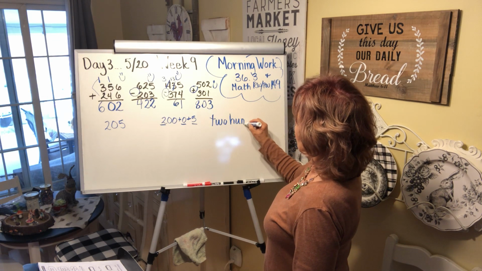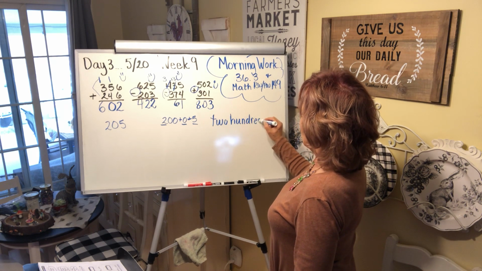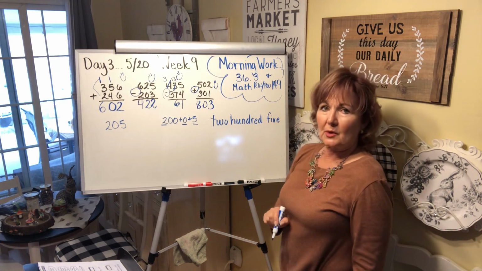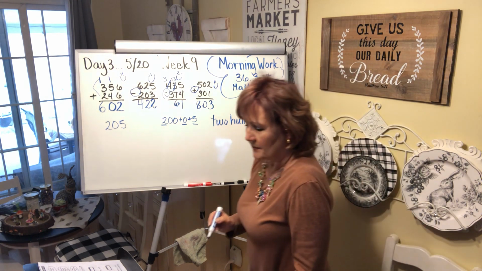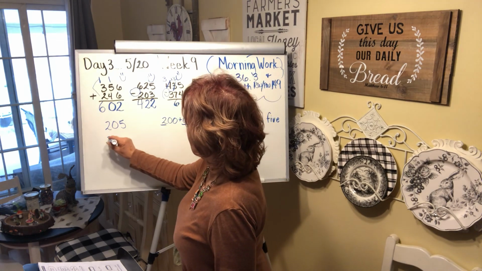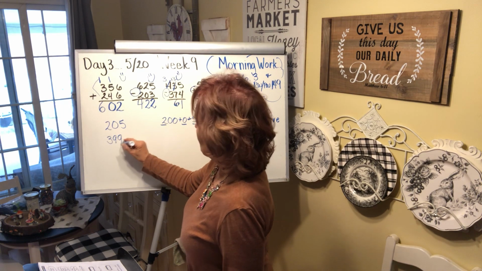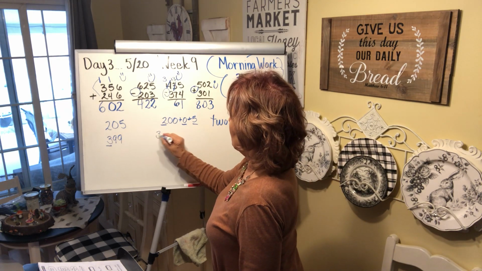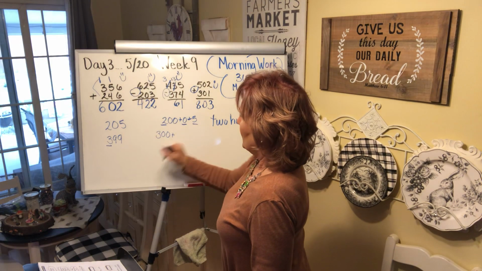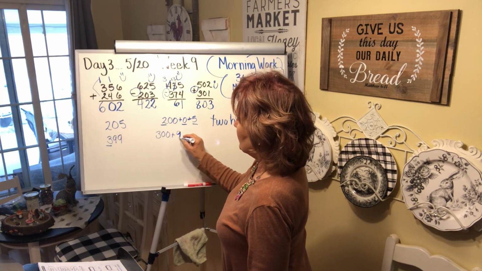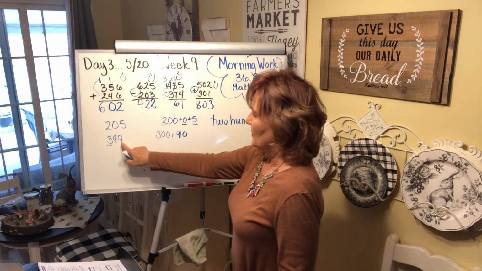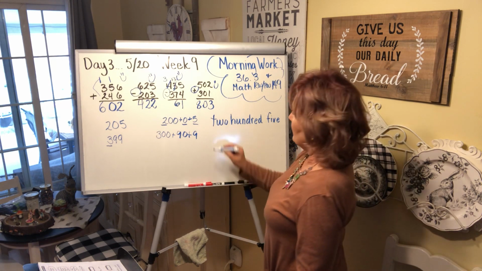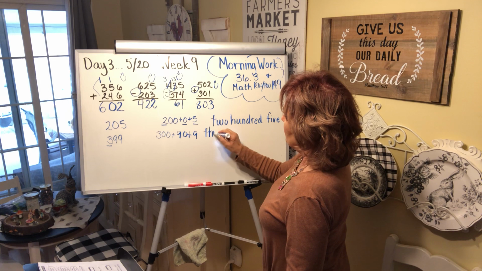200. You do not need to say and, you could just say 5, 205. Some people say 205. So the next one gives you the number standard form, 399. So you look here, we've got 300 plus 9 tens, that would give it a 0, plus 9 ones, 399. So again,